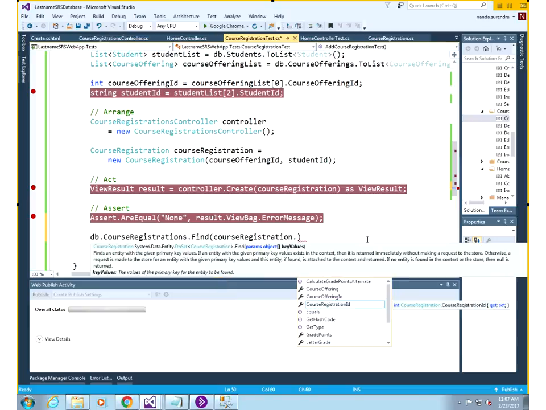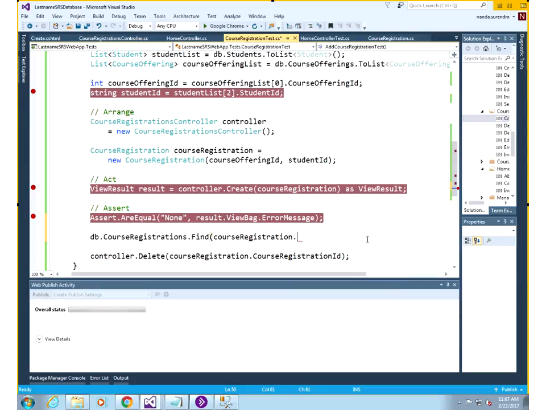How do we find that? Shouldn't we be able to find it by the ID? Well, we don't know the ID. You're going to have to look it up by the student ID and the course registration ID. That's not always very accurate, because what if the student... We know the student ID because we created a list out of the student ID and the course ID, so okay, let's see if we do a